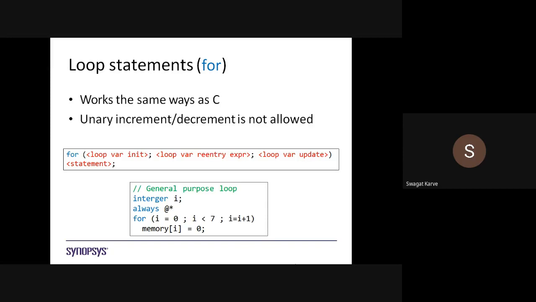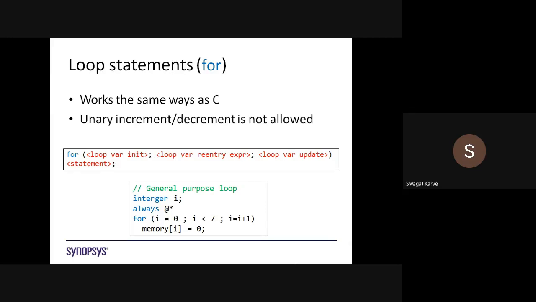Okay, so in the last lecture we discussed the if-else statement and then the case statement. In a case statement, if you want to use unknown or high impedance values, you have to use either casex or casez. If all cases are true cases, meaning you are not using any unknown variable in the expression within that case statement, then you can simply use case.